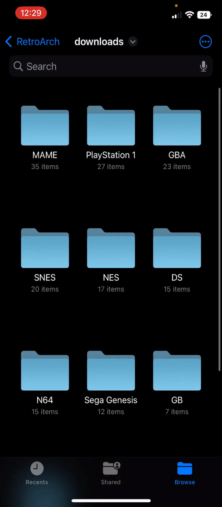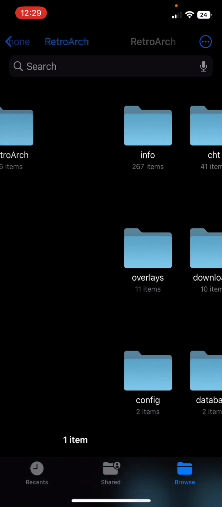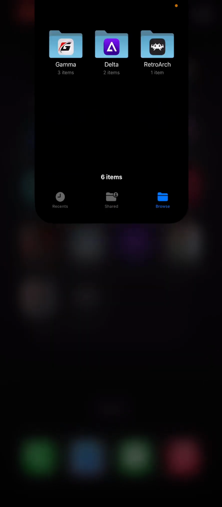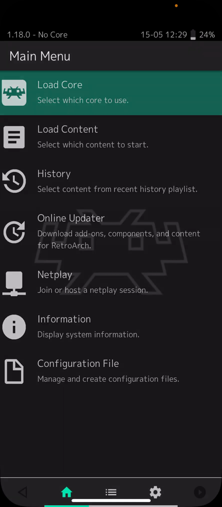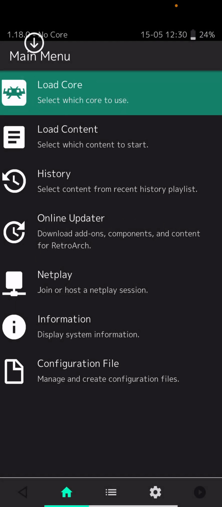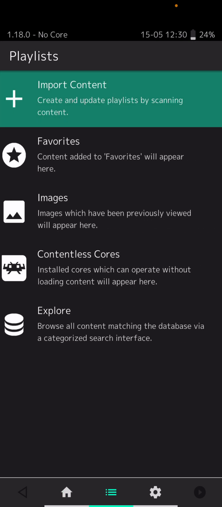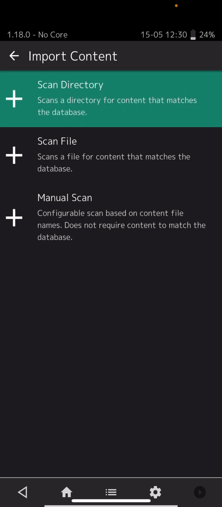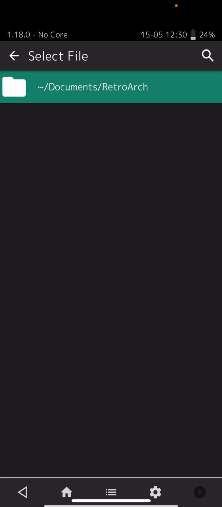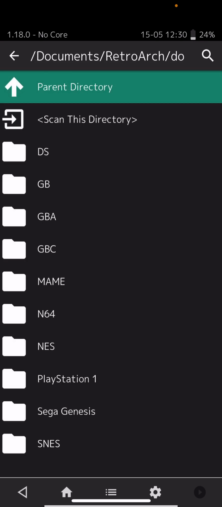Now that I have all my systems, I just go back, close out, go back to Retroarch. Now you go to the middle button here at the bottom, and you click import content, scan directory, documents, Retroarch, downloads, and remember where we store everything in the Retroarch downloads folder. That's where all your games are. And you just simply